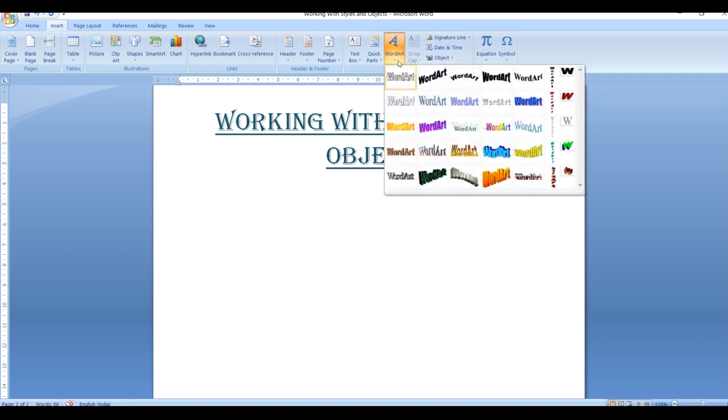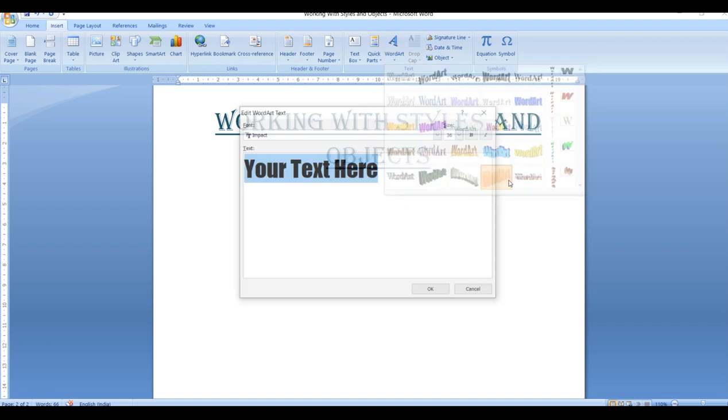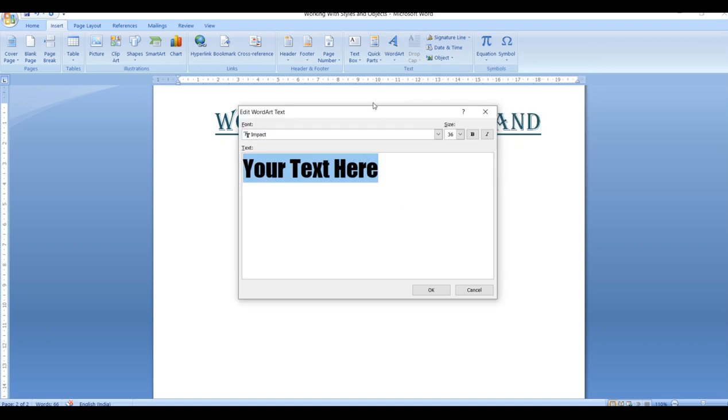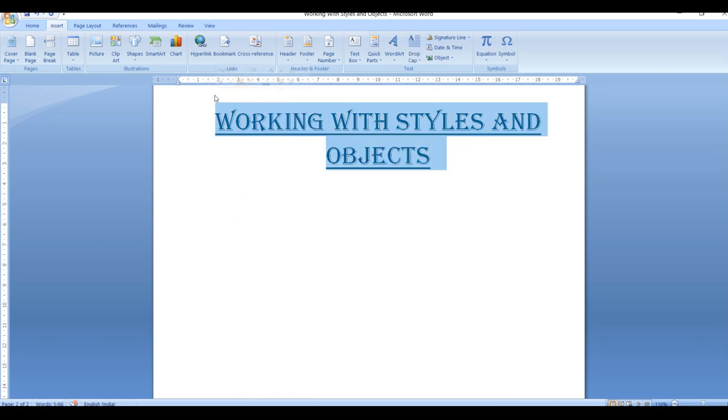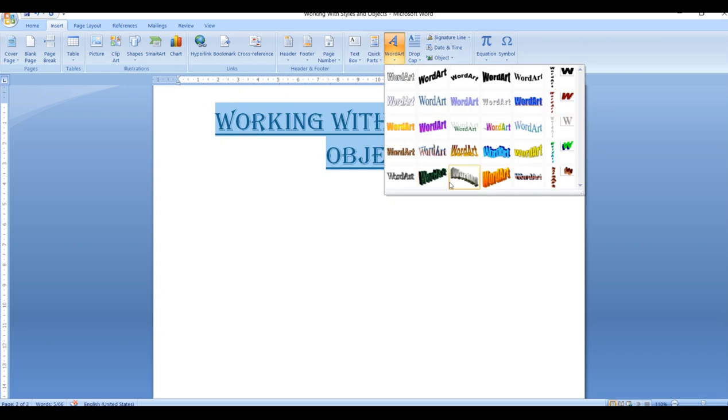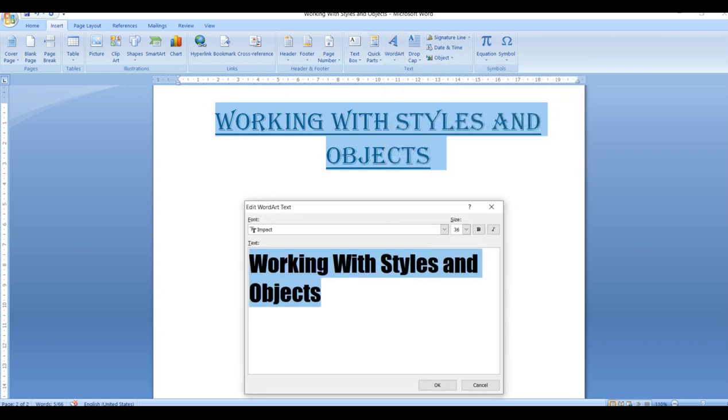As you click on WordArt, different varieties of word art will come. Today I am going to show you some other word art rather than the previous one. Let me select this word art. Now I want to type the text. Here it is written, your text should be here. So what I'll do, first of all I'll copy this and then I'll go to the text.